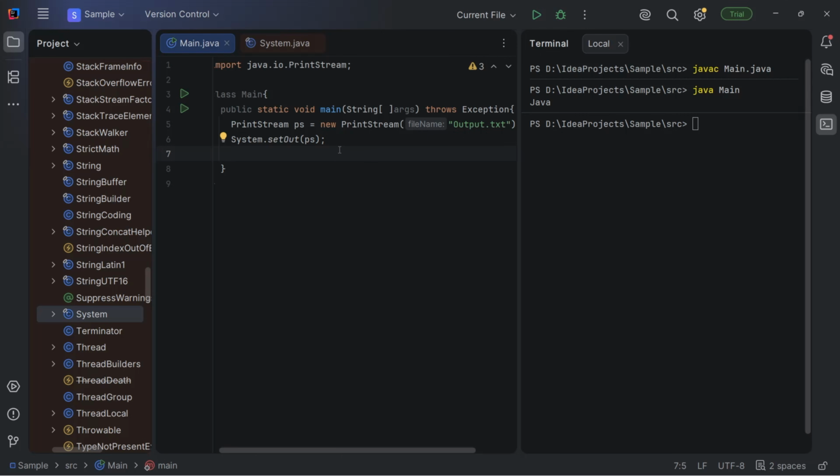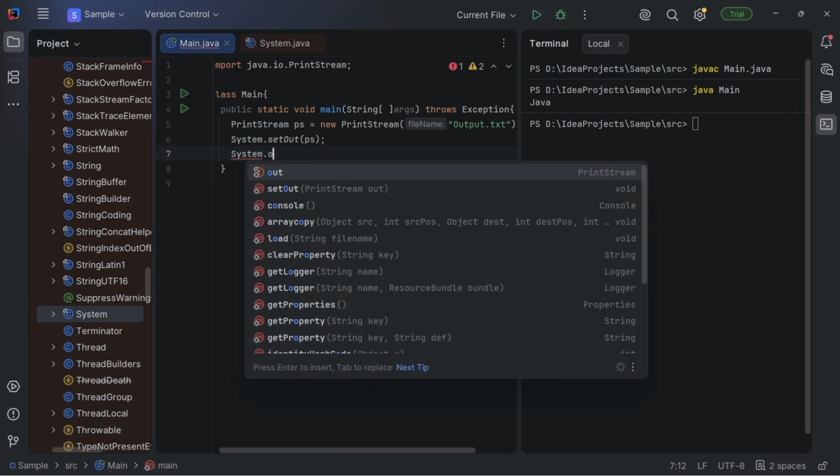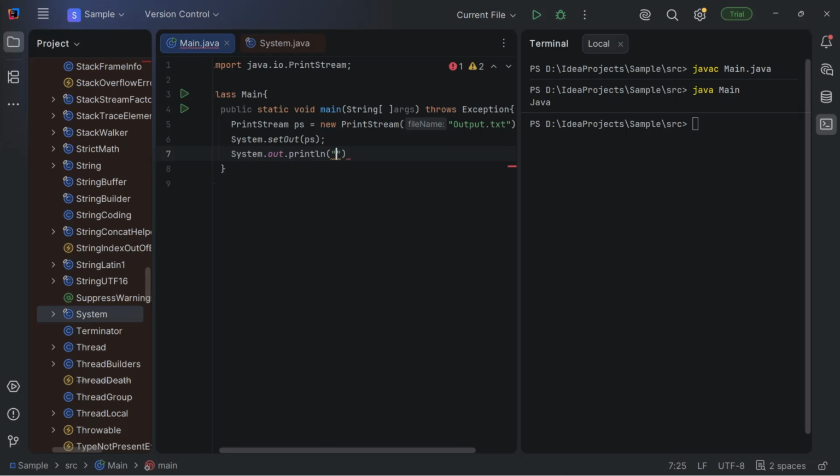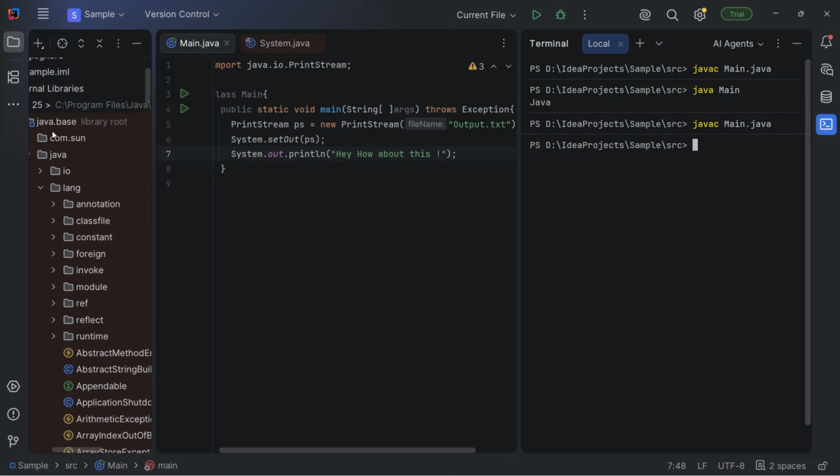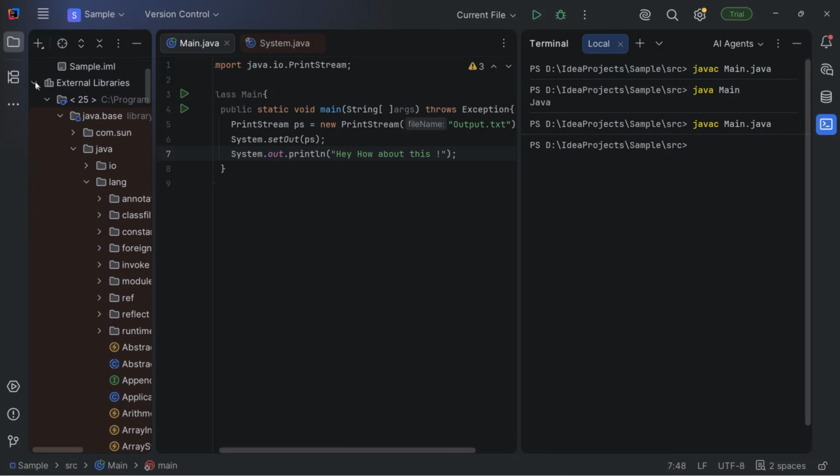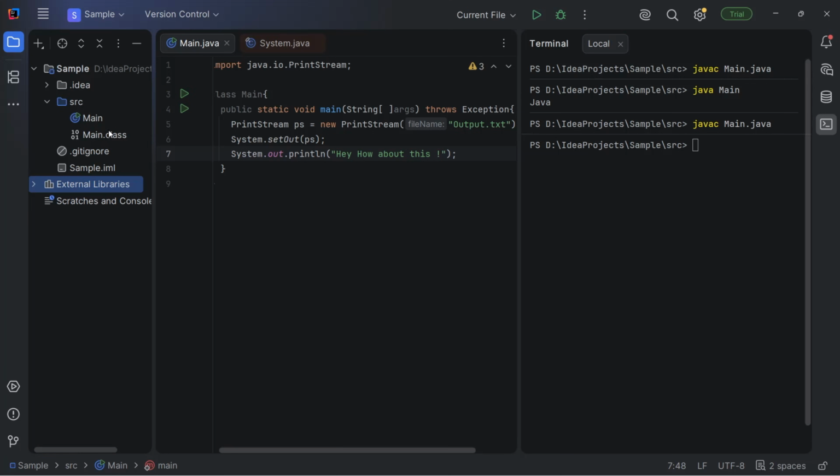Even though the text file is not available in my current working directory, it will be created for me. So now I'm going to write System.out.println, hey, how about this? Oh my god, spelling mistake. Let's clear this. Fine. Okay, there is no compilation error. So let's compile it. And before that, I want to show you one thing. Let's close this external libraries. Inside my src folder, I'm only having two files: one is my main class object code, another one is my source code. As of now, we have only two files. If I compile now,